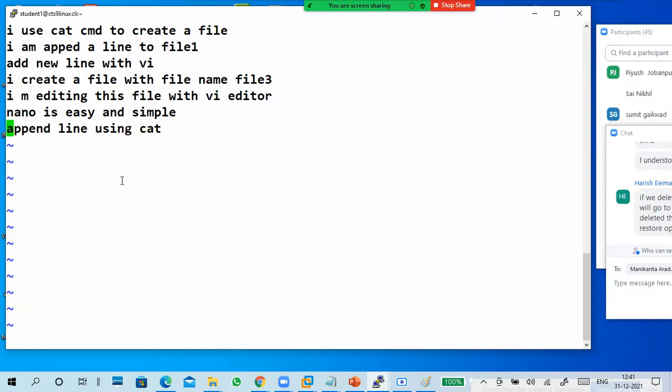Once again, sir. Okay. Where is my cursor? One, two, three, four, five. Fifth line, right? My cursor is in the fifth line. I am pressing small gg two times. Cursor went to the top of the file, meaning the starting of the file only. First line in the file.